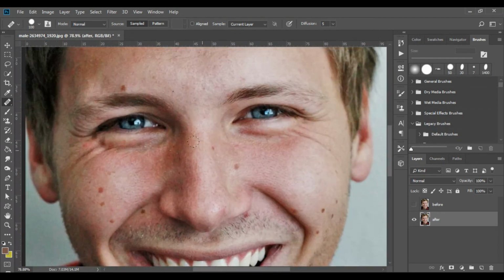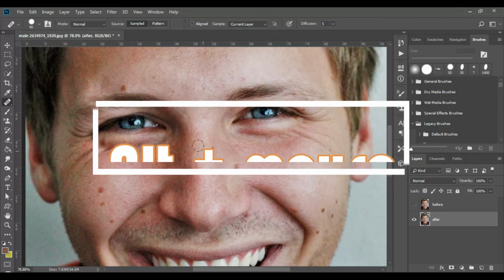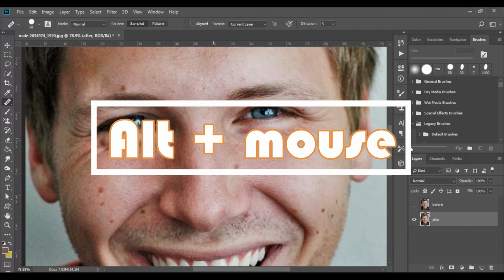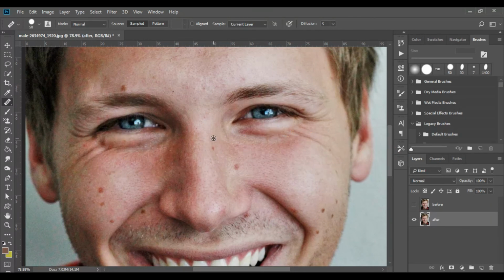To work with this tool, all you have to do is find an area of clean skin near the moles, for example, then press Alt while clicking with the mouse. Make sure the skin in that place is similar to the skin on which the mole is located. What the tool does is take the texture of the skin from one place and put it in the place you choose. After you have selected the place and clicked with Alt in this place, release the Alt